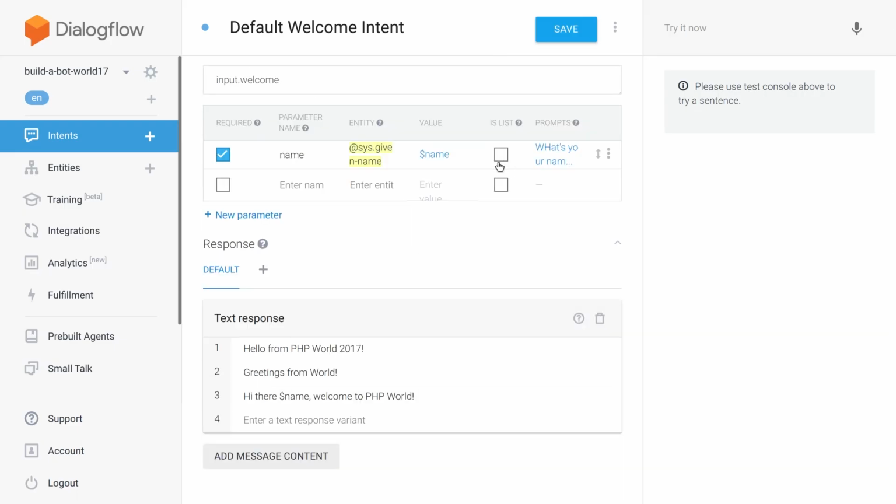And you can also specify that a parameter is a list, in which case, if you're, say, building a shopping list, or toppings on a hamburger, I want lettuce, tomato, pickles, onions, and then it will pass you that parameter as an array. So at this point,